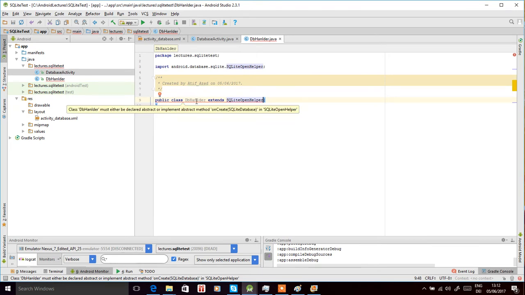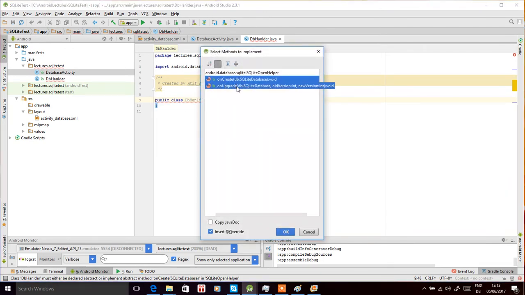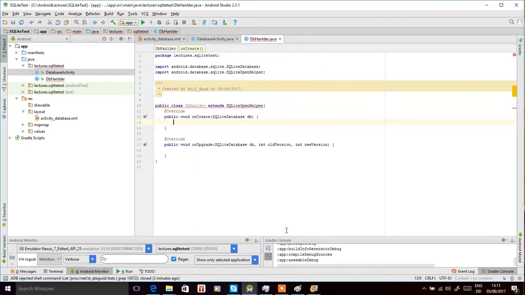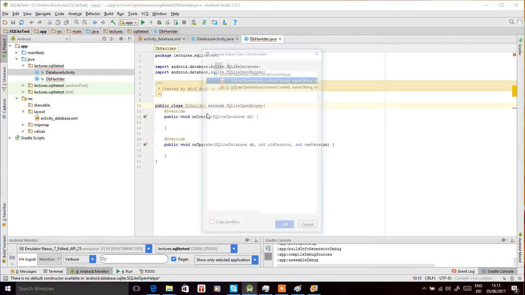So we see here an error. This is because there are some functions that need to be overridden, and so we need to define them. We can click implement methods, and it will automatically add those functions, like onCreate and onUpgrade. These methods should be overridden and implemented here in this class. Before we add code to these two functions, we still have an error. Why do we have an error? Because we need to create a constructor which is going to match the super constructor that is in this SQLiteOpenHelper class. So we should click here and create a constructor for